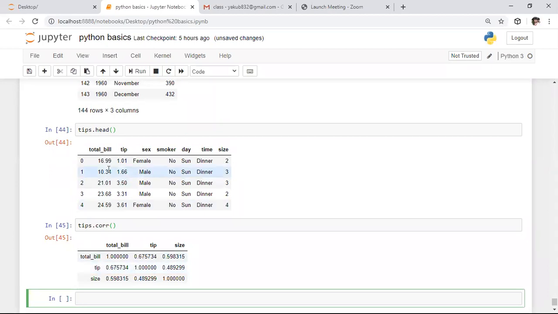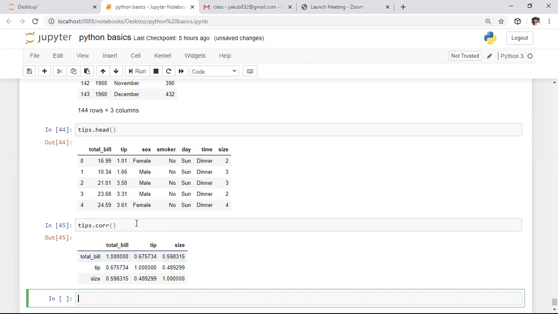In this data, total bill depends on total bill 100%. Based on the total bill, tips have 67% correlation with the total bill, and there is 59% relation between the total bill and size, the number of persons who visited. Like that, this is the correlation between each and every feature.